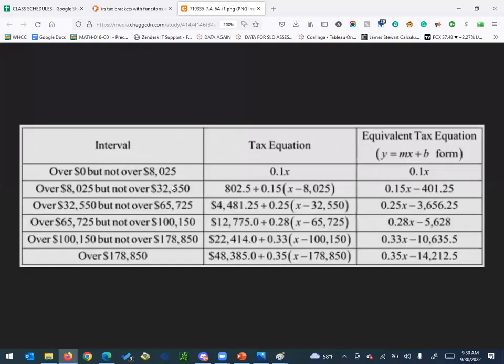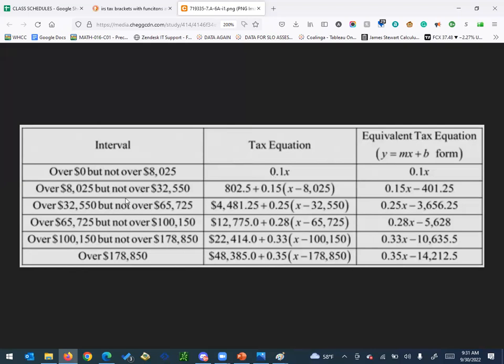Let's see if that makes sense here. This is probably 2017 or something like that. So a person earning $0 to $8,025 just pays 10%. Good. And now the question is, how do you, as a function, make sure that